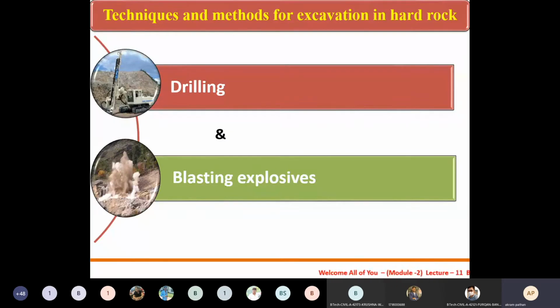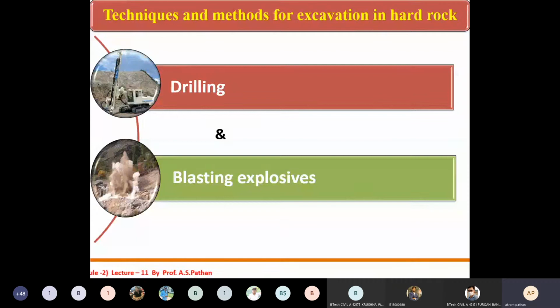In case of crackers also, in the Diwali season, we have crackers, and with the help of those crackers we enjoy ourselves. In a similar fashion, when are we going to use drilling and when are we going to use blasting, right? Why are these things in your syllabus, as far as civil engineering is concerned?